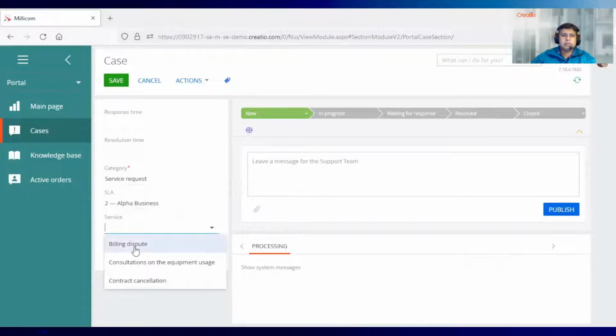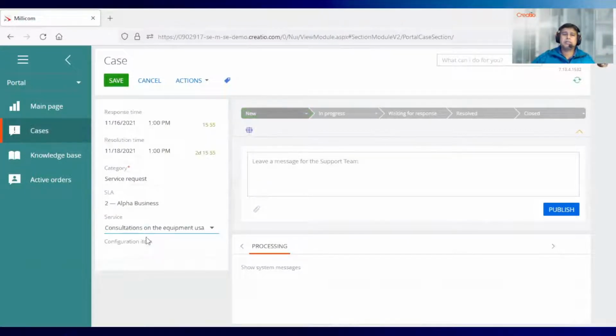because we already know who that person is. Within that service request and the SLA, these are the various services that are allowed. I can talk about billing disputes. I can talk about consultations from the contracting perspective as well. What I can then do is, maybe I have an issue understanding equipment usage. As soon as I do that, these are all the various response times and resolution times that are available